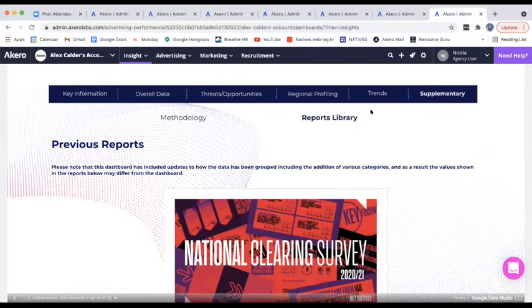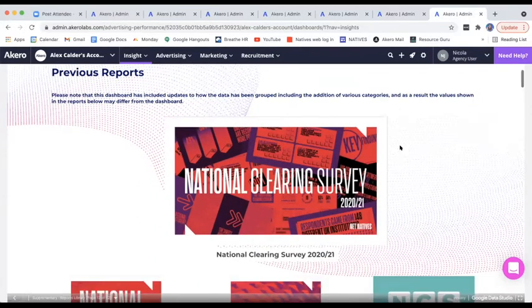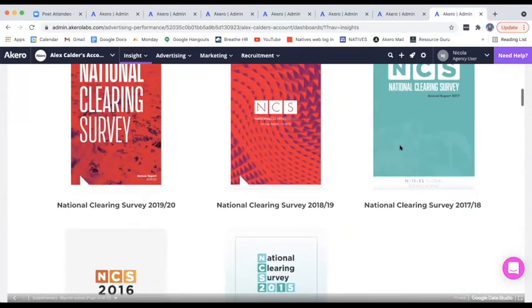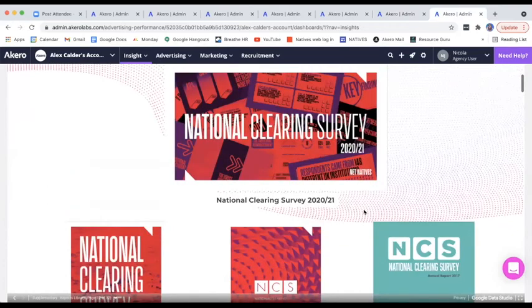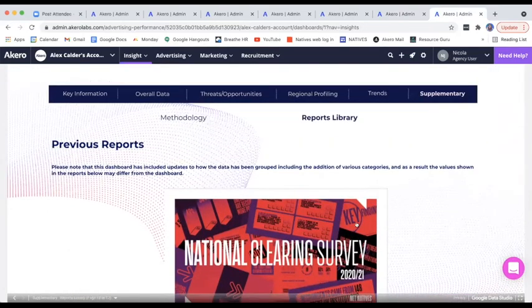And also the reports library. So here you'll see all of the reports that we've previously put together for National Clearing Survey. You can see we go all the way back to 2015, 2016, all the way through to last year, and we'll be creating some infographics to go in here for 2021. So that's where you'll find the new one early next year. If you want to delve into some of those previous years on a report basis,